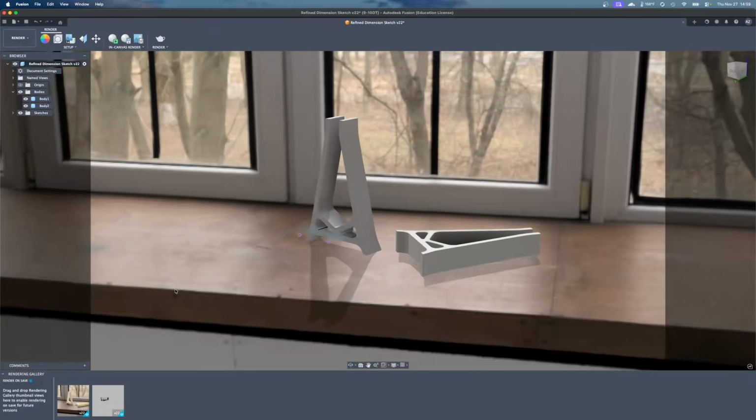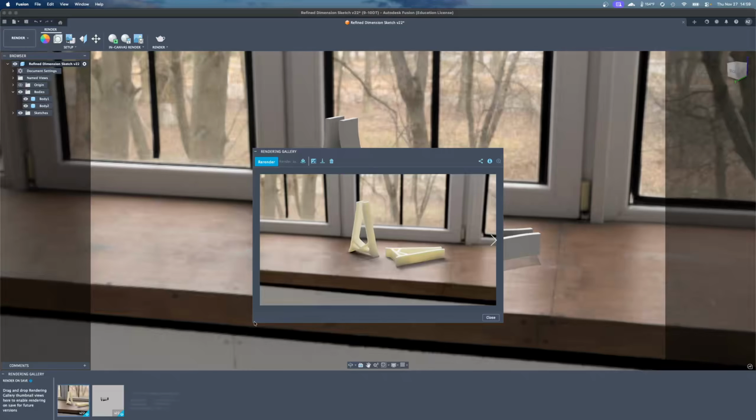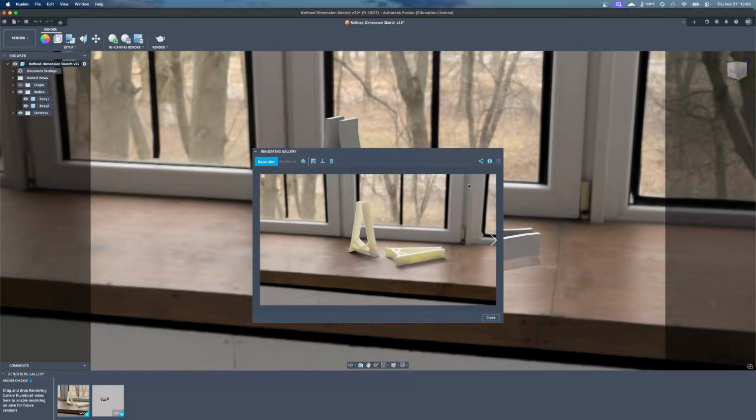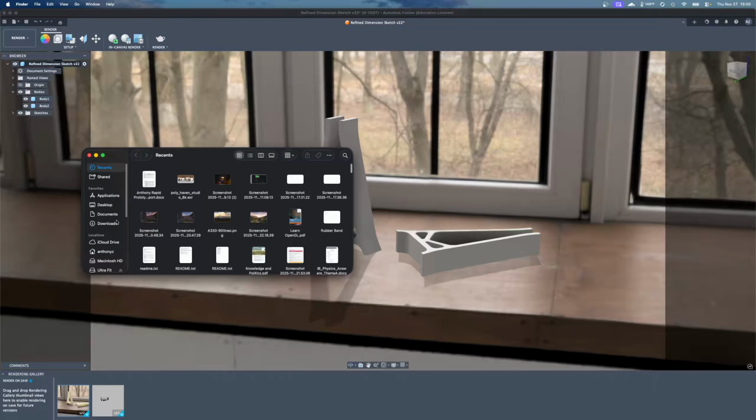Alright, it's done rendering. We can open that up if it allows us to. That's it. We can press the download icon. We can save that to downloads. We can rename this. Just gonna call it render. We can save and then close. And if we open it up,